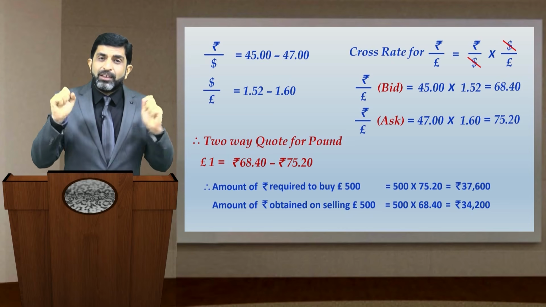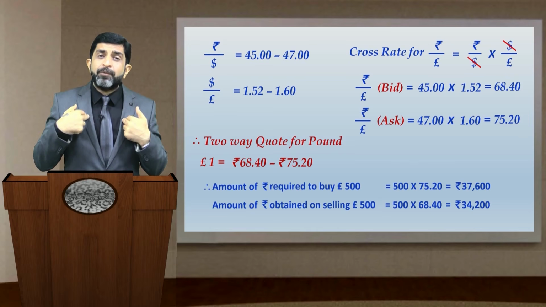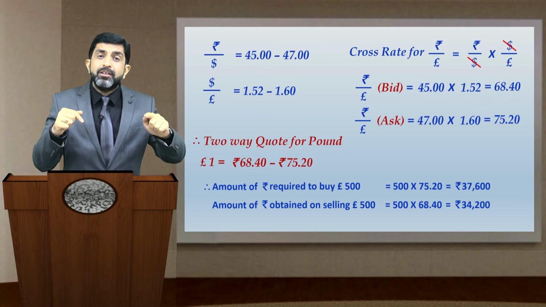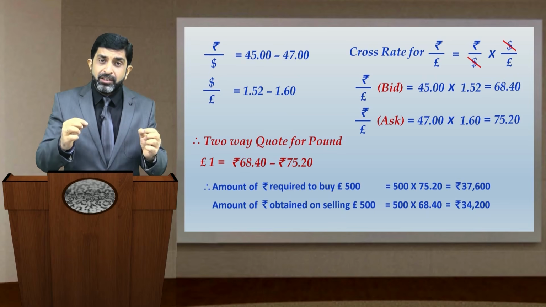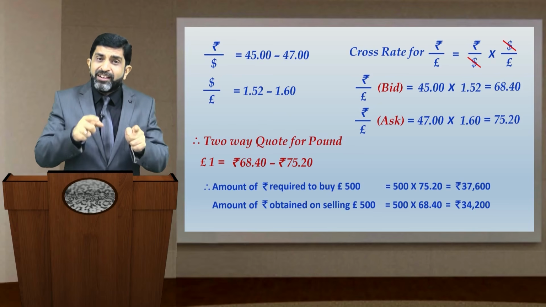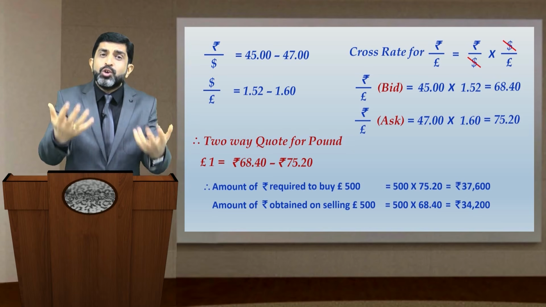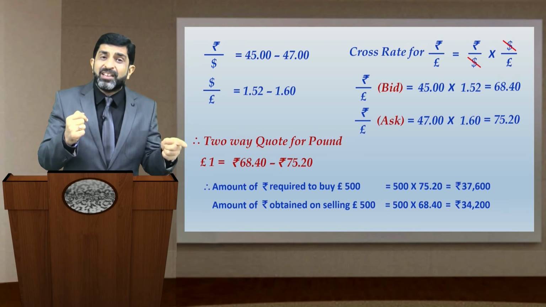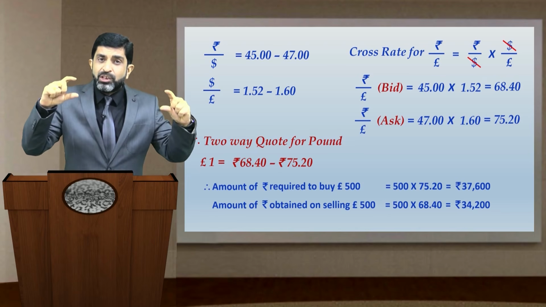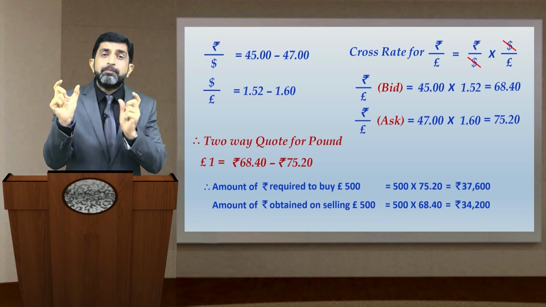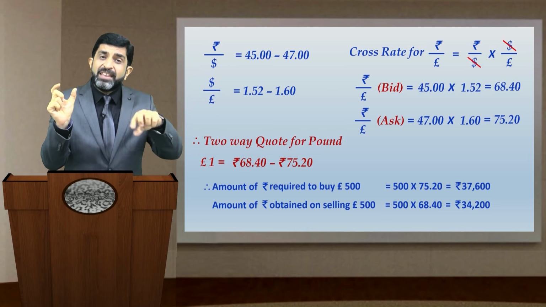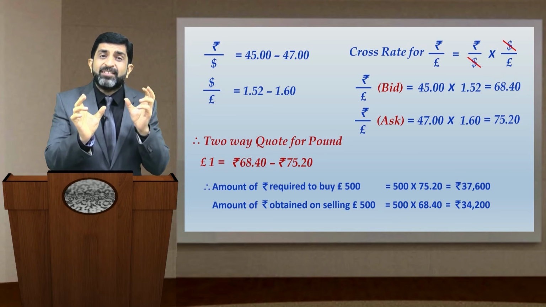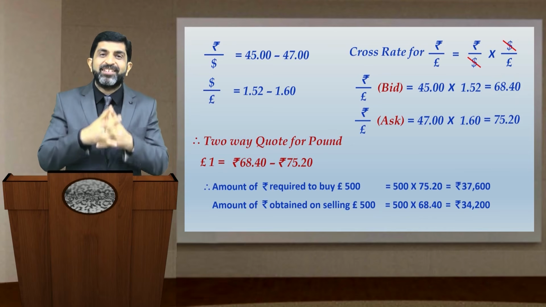If you look into the chain of calculation, I initially wanted to buy 500 pounds. I multiplied the ask rate of pound as 1.6. I got $800 as a requirement. Then I wanted to arrange $800. Arranging $800 means what? To buy $800. If I have to buy $800, the applicable rate of dollar will again be the ask rate, that was 47. So in the chain of calculation, it was 500 pounds getting multiplied first by 1.6 and then by 47. And my friends, look into the fact, 47 as well as 1.6, both are ask rates.